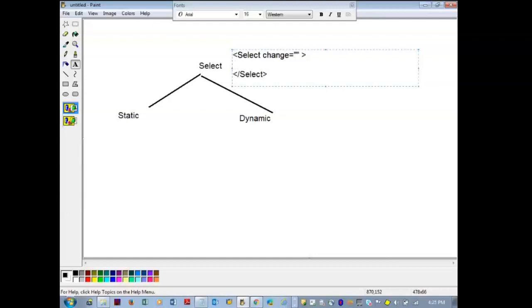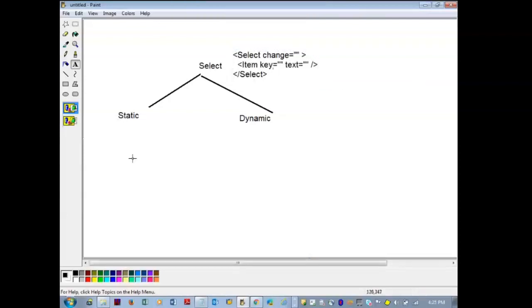Inside this, there is an aggregation, item, which has a key and a text. Two properties are there, key and text, the way you want to show the data.